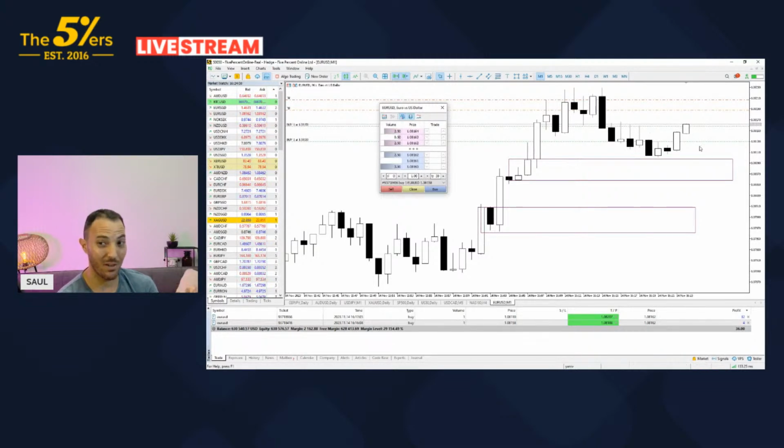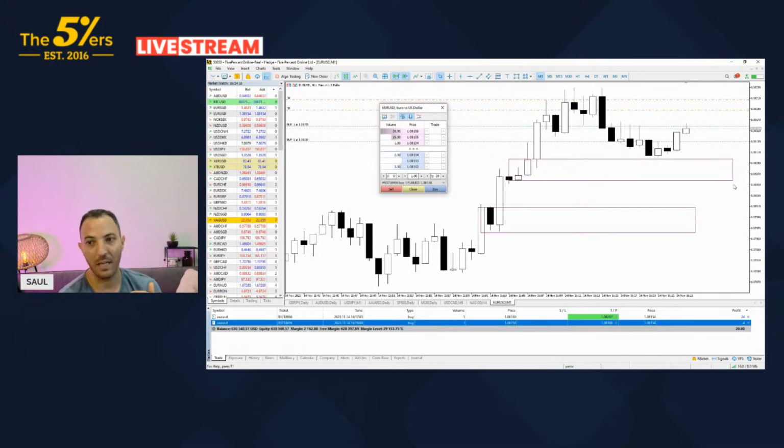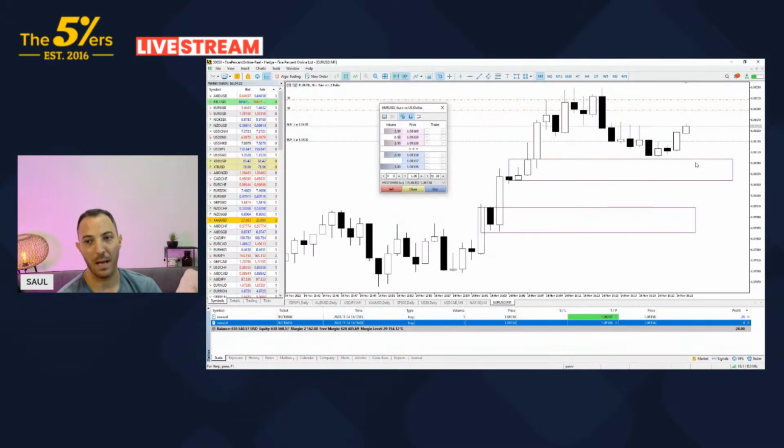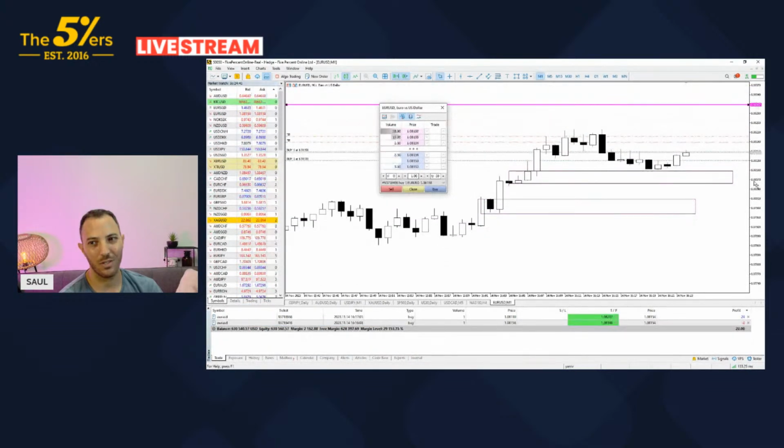Now, if I was heavier, I could peel that first entry right now, because we're at that resistance that would be struggling to break. I could peel it off at break even, leaving maybe just the bottom one to run. Let's see what happens with this one. But I'm back to 2 positions. I'm fine holding it, because if we do break 1, 2, 3, 4, that should be some continuation to the upside, and we should be taking those targets.